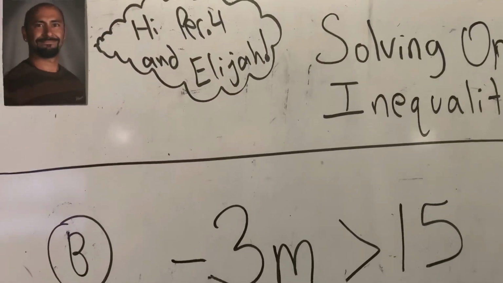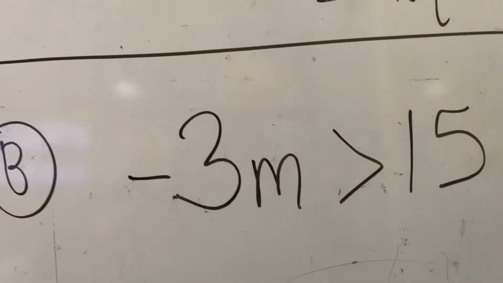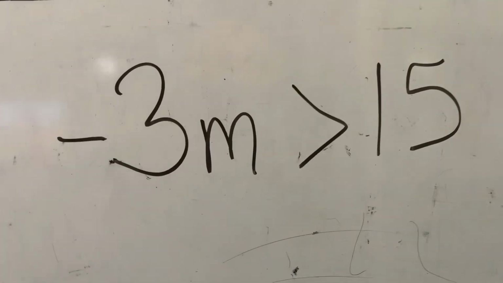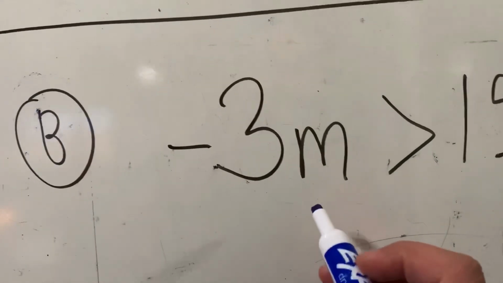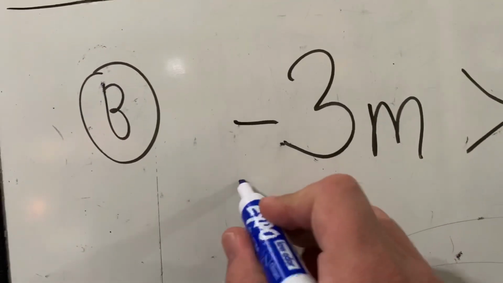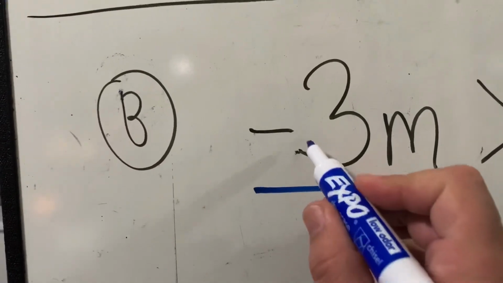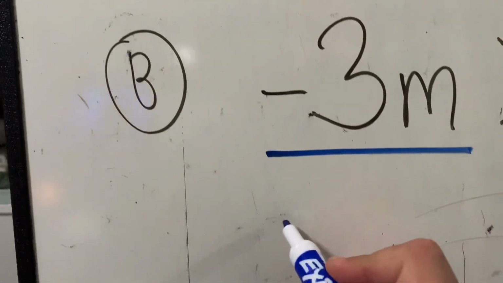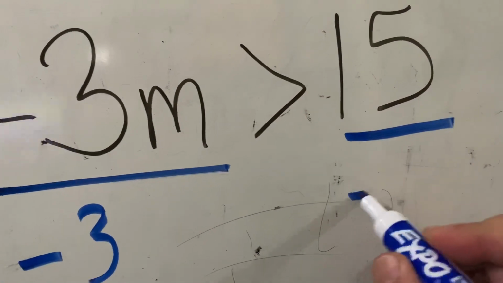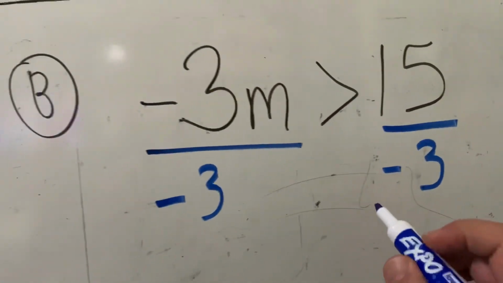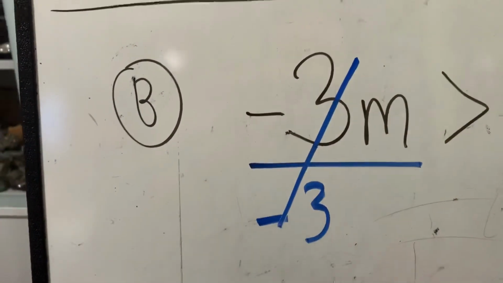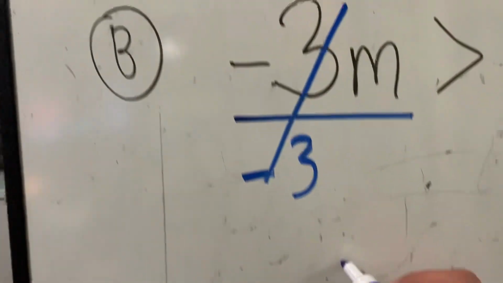Okay, class, here's another one. So look, negative 3m is greater than 15. Now, here's what we didn't talk about in class. So if you're going to do the opposite of multiplication, the opposite is division, but you're going to divide by a negative number. So you're going to put a negative 3 down here and over here. Okay, so what does that mean? It means negative 3 divided by negative 3. It's a positive 1. So it's just m